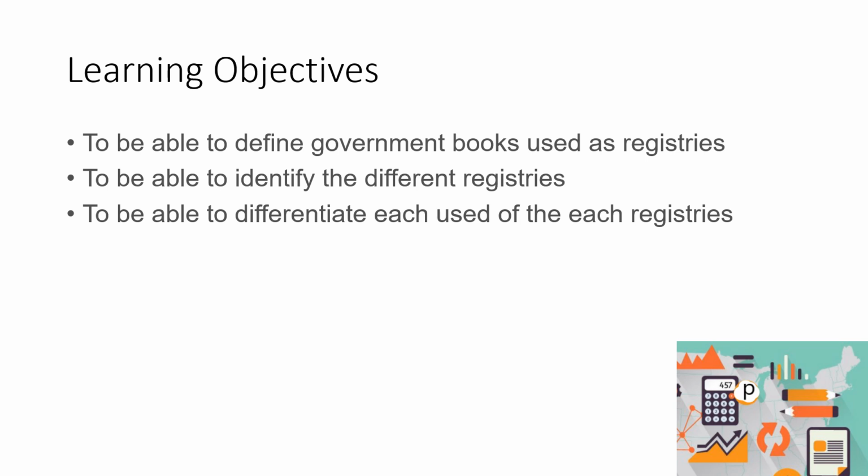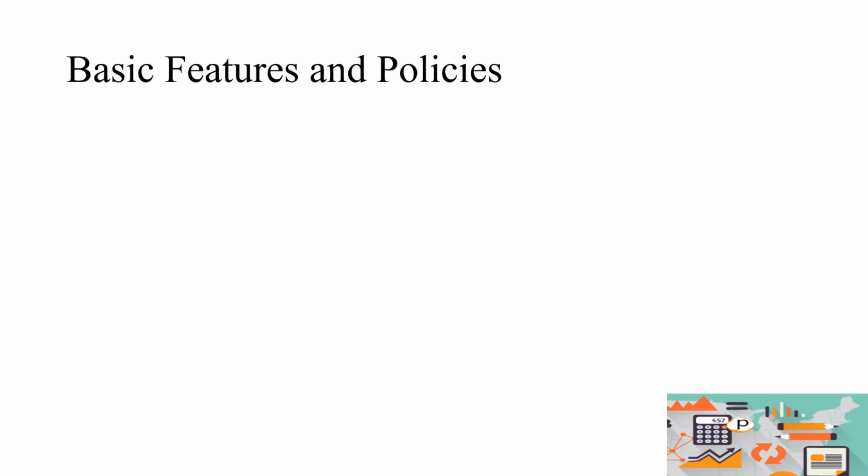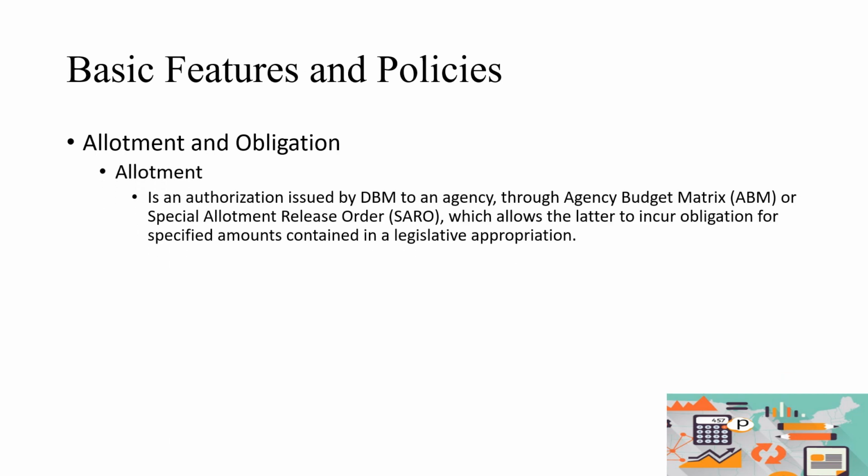So let's proceed. The basic listing is still part of the basic features and policies of the government. Allotment and obligation, we already discussed in our previous topic, but let's define them since they are part of the registry. Allotment is an authorization issued by the Department of Budget or DBM to an agency through the agency budget matrix or special allotment order, which allows the latter to incur obligation for a specific amount contained